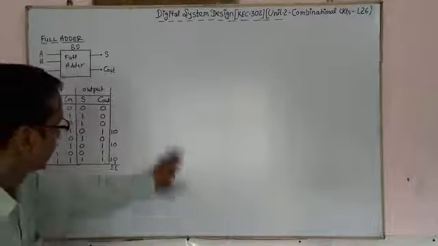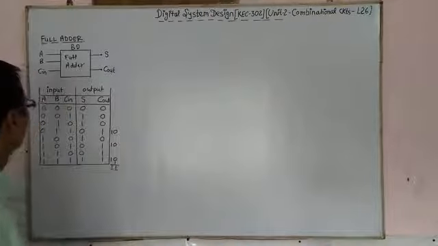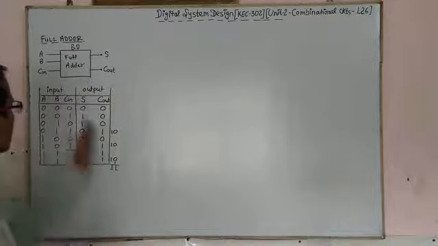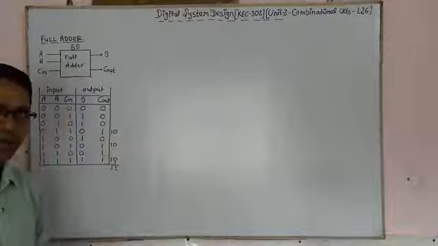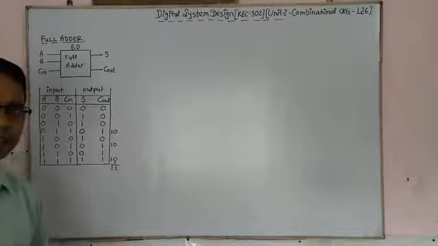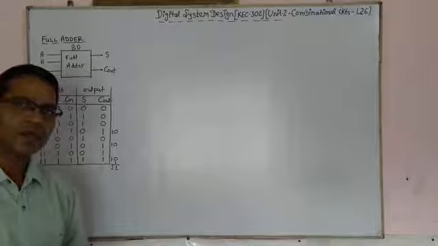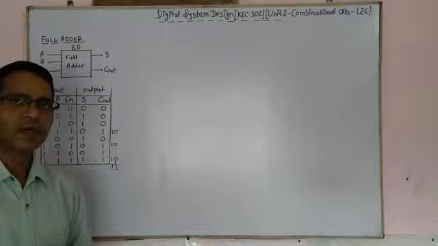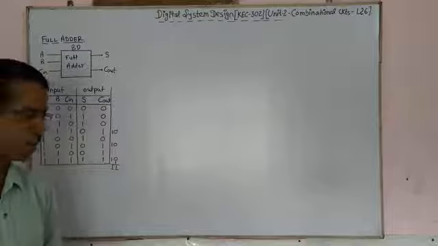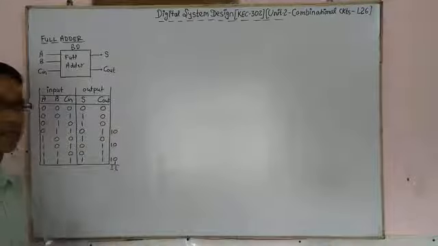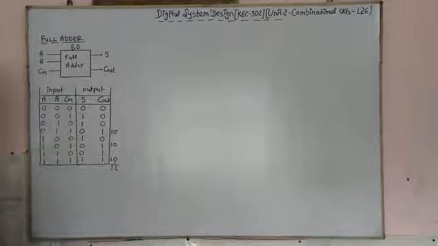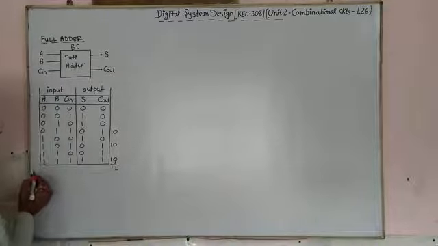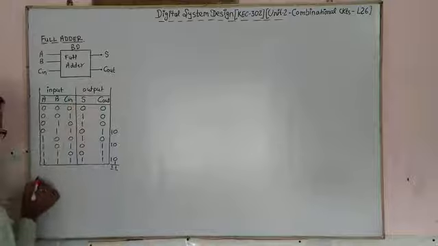So as I already told you how we are calculating the output logical expression, we are considering here only one, SOP. But if you want to consider 0, you can, then your logical expression will be in the form of POS, product of sum. But here we are taking only SOP. So we will observe only 1 at the output.